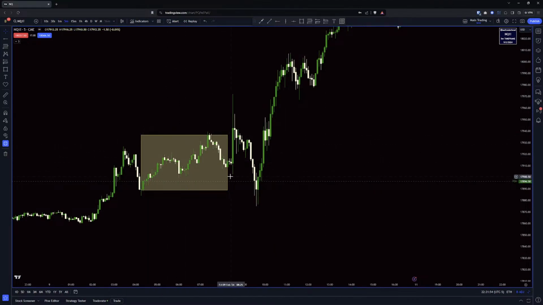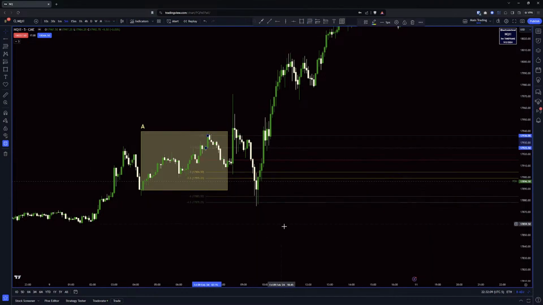So from here, we want to measure before the break, the last swing, and we go by closing price, the bodies, and we see it aligns pretty well with the